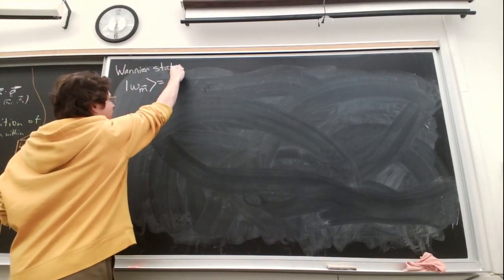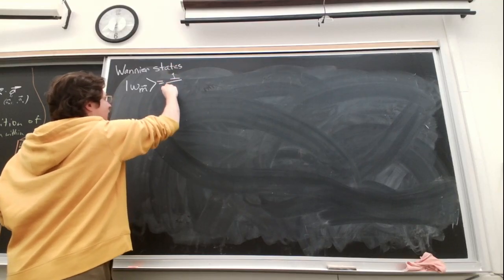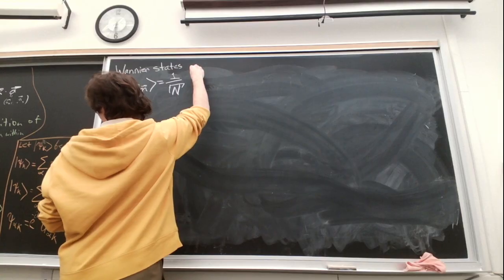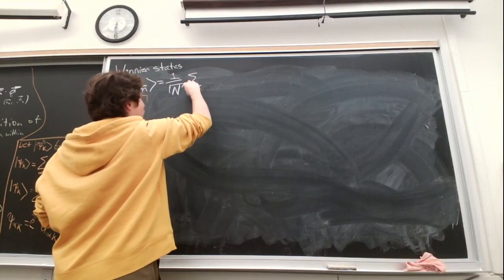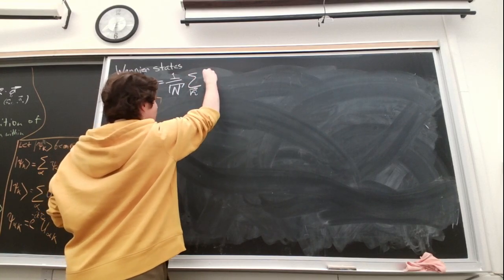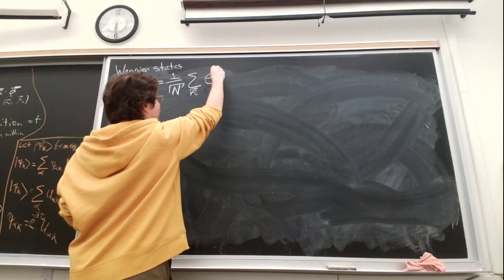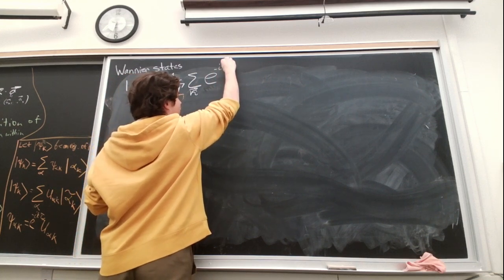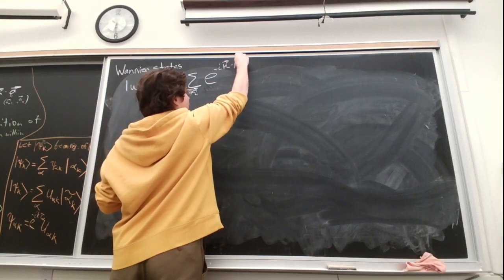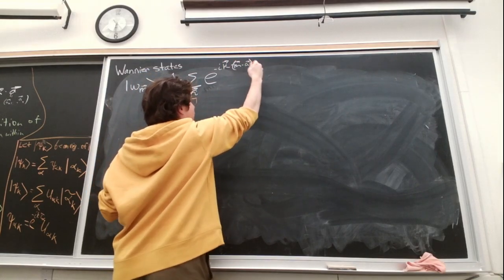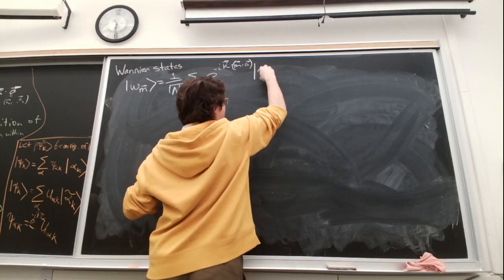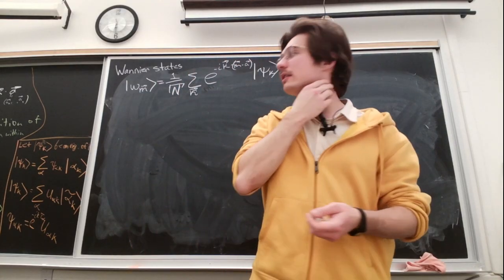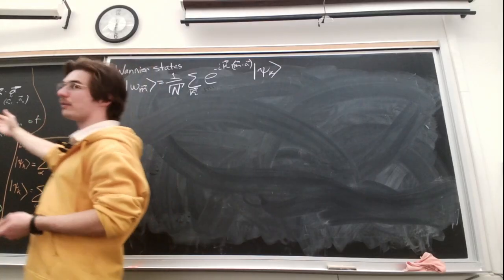I will define it like this: 1 over root n, and I will sum over all k, and I will have my phases with a minus this time, e to the minus ik dot n dot a, times my eigenvectors. Okay? And so this really tells me something that I didn't have just from the basis before,